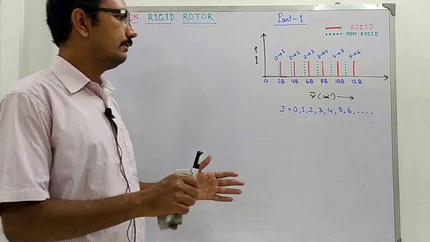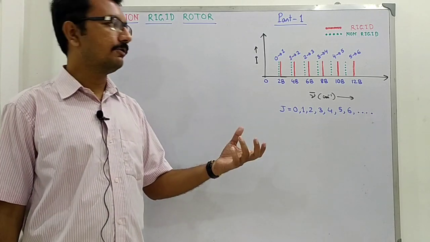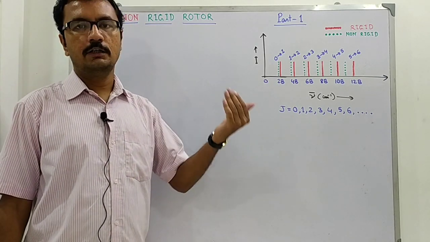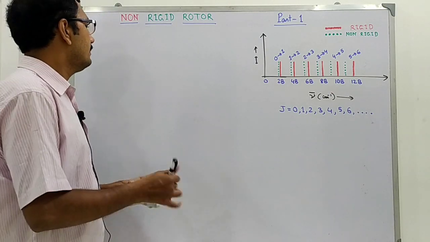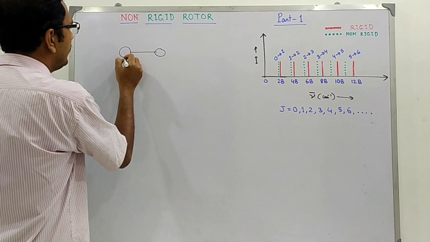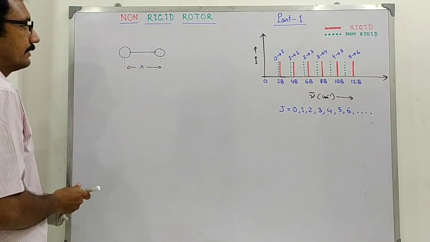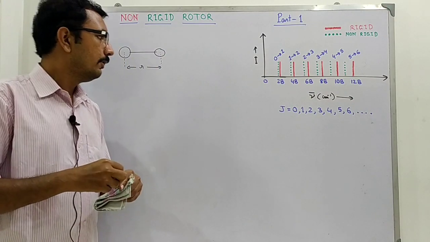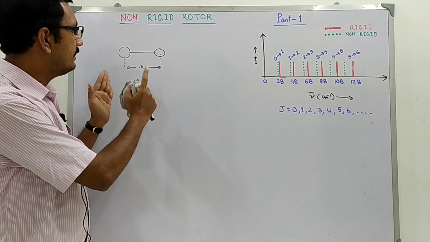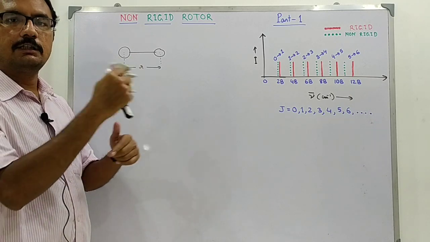Now so far, in the microwave spectroscopy, that is the rotational spectroscopy, we have considered the rigid rotor. We have dealt with all the things with the rigid rotor, that is, the internuclear distance was considered constant. While the molecule rotates in this manner, the internuclear distance will remain constant and it will not change during the rotation.